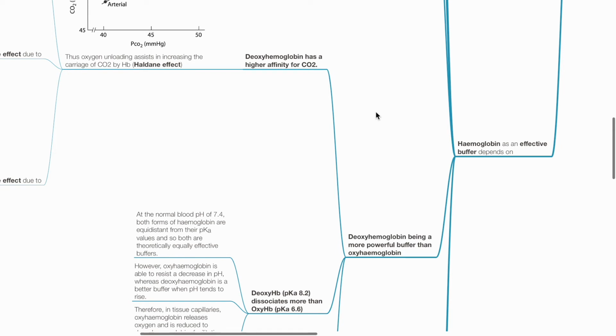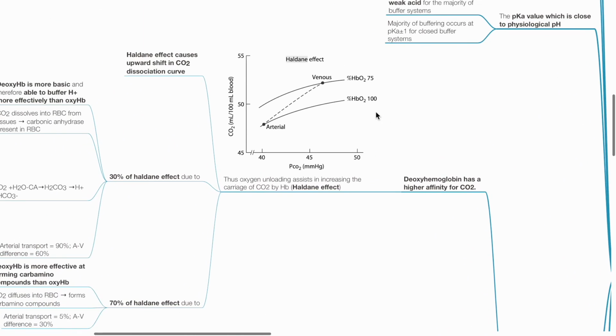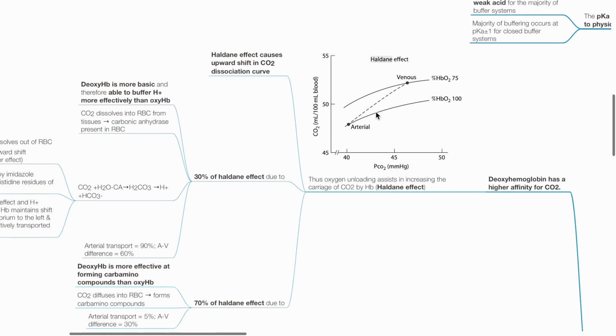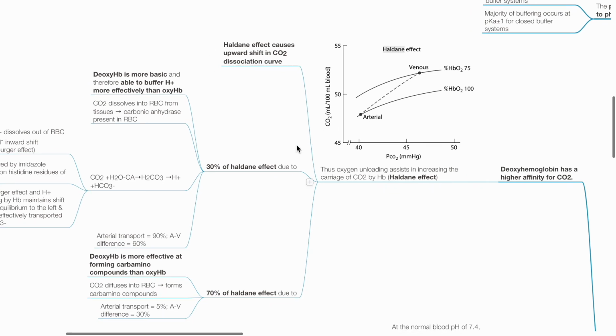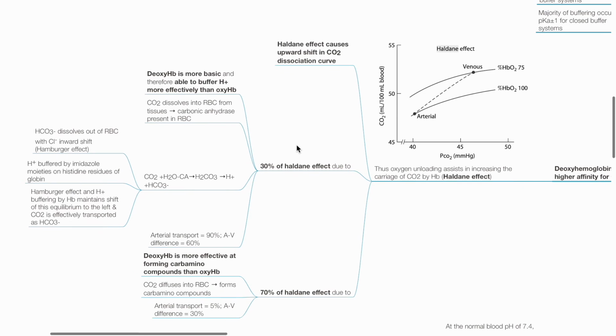Deoxyhemoglobin is a more powerful buffer than oxyhemoglobin. Deoxygenated hemoglobin has a higher affinity for CO2. Thus, oxygen unloading assists in increasing the carriage of CO2 by hemoglobin due to the Haldane effect. The Haldane effect causes an upward shift in the CO2 dissociation curve. 30% of the Haldane effect is due to deoxyhemoglobin being more basic and therefore able to buffer hydrogen ions more